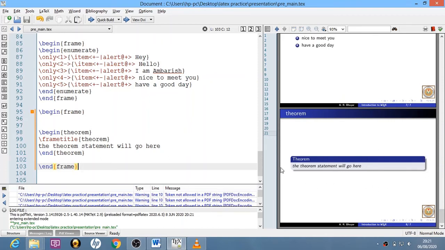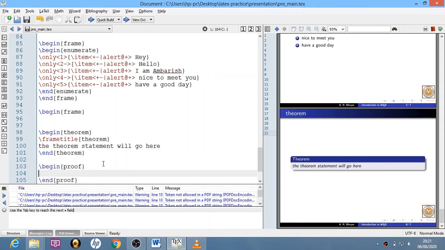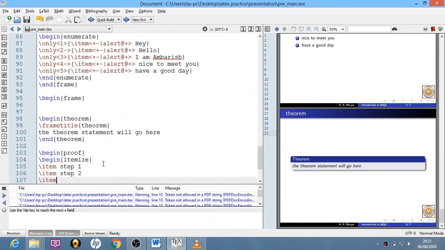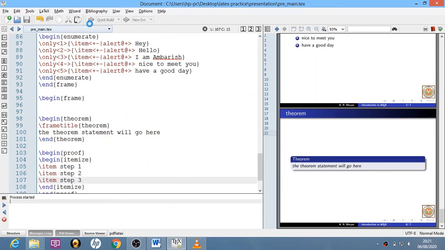Now this is a format which comes because we are using begin theorem and end theorem. Again, suppose we are trying to write the proof of it, then we will write begin proof and end proof. Inside it I can write begin itemize and end itemize, and I will write step 1, step 2, step 3, likewise, and again I will compile this.